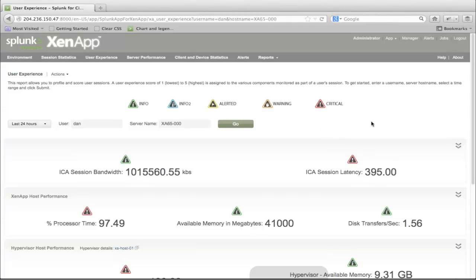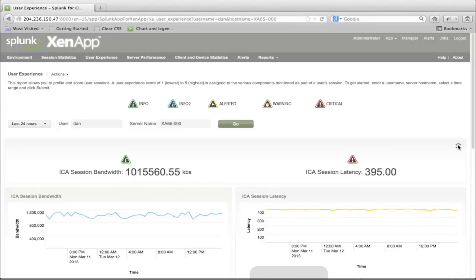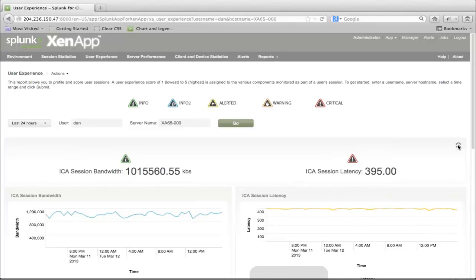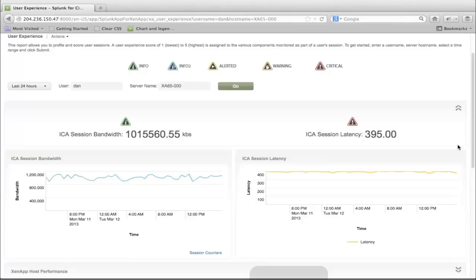What we're looking at first is the network stuff from Dan to the server, so his ICA session. We say, you've got plenty of bandwidth, but your session latency is pretty high. We click the little drop-down here and can see what it looks like over the time frame we have chosen. We see pretty much sustained high latency for Dan, which is not that big of a deal for XenApp, because ICA can adapt to that.